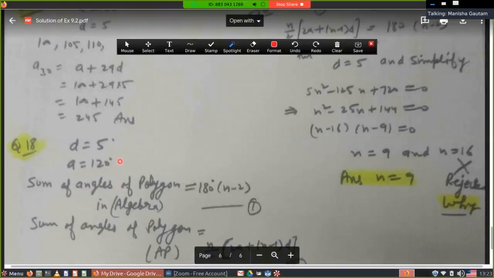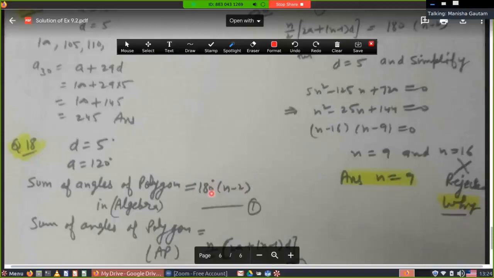In this question, you have to remember the geometry of polygons, where the sum of angles of a polygon, which we studied in class 10th, and in 7th, 8th also, is 180 times n minus 2. When you apply this formula, you will get the sum of angles of the polygon. Suppose here is a triangle, number of sides will be 3, 3 minus 2 is 1, 1 into 180 is 180. If the polygon is a quadrilateral, number of sides is 4, 4 minus 2 is 2, 2 into 180 is 360. This is a way to calculate the sum of angles of the polygon.